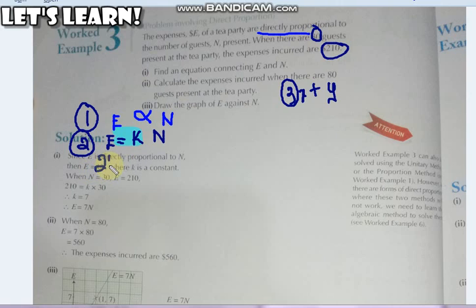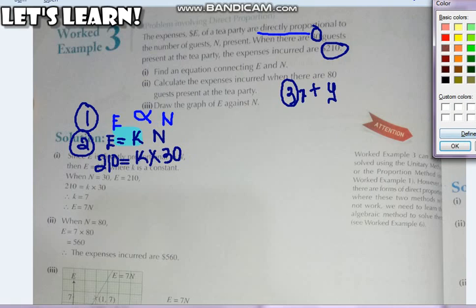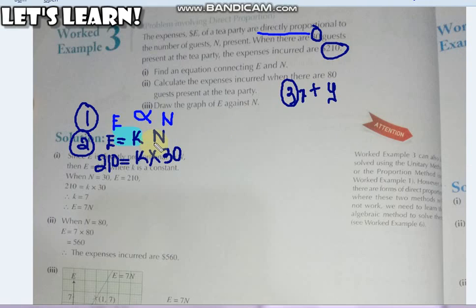So when I'm overwriting it, I will put an equal to sign as it is. K will come down, and I know that I have to pay $210 when I have 30 guests at home. So 30 guests will come in place of N, right? Now I need to find K. For that purpose, I have to make K alone. So I have to take this multiplied by 30 from this side of the equation to the other side. So 210 divided by 30 is equal to K. Zeros and zeros get